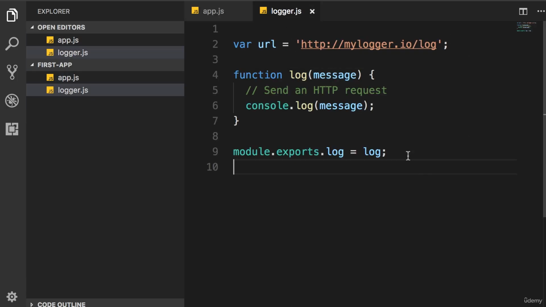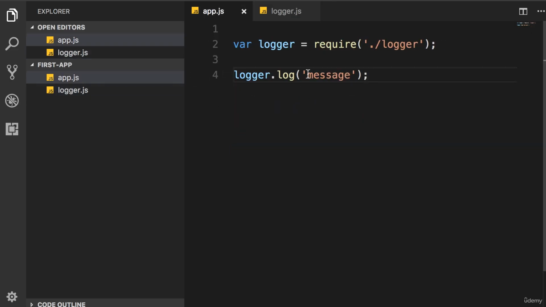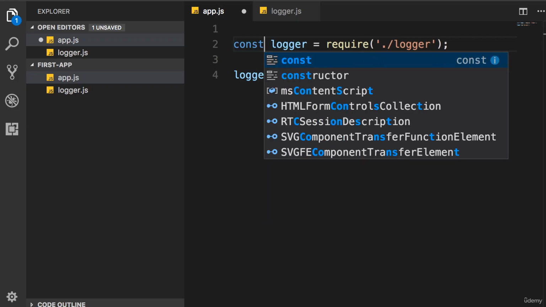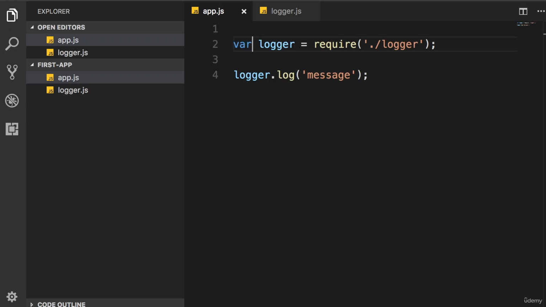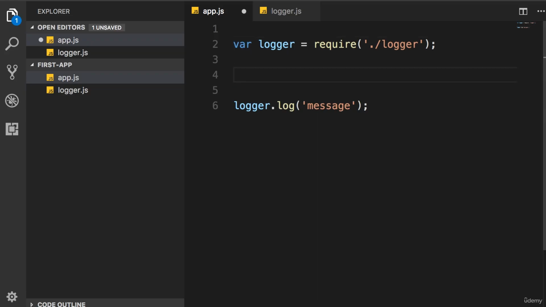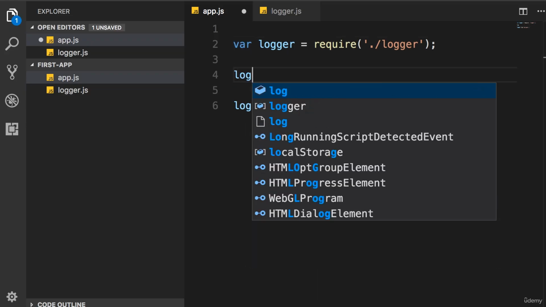When we define a module, we export one or more members. And then to load the module, we use the require function. Now, in the recent versions of JavaScript, we have the ability to define constants. So as a best practice, when loading a module using the require function, it's better to store the result in a constant, like this. The reason for this is because we don't want to accidentally overwrite the value of logger